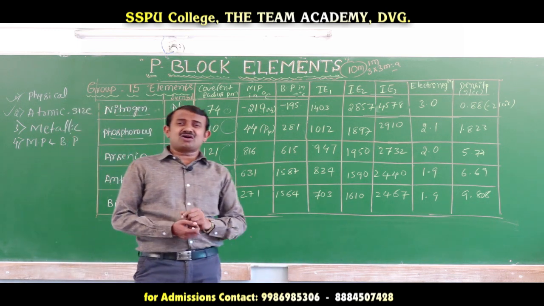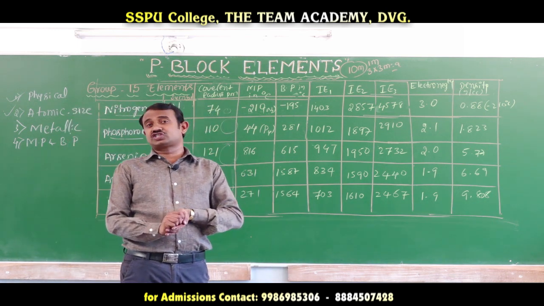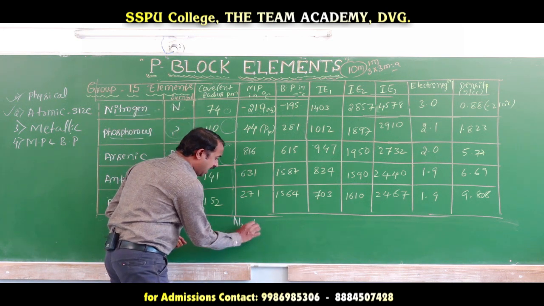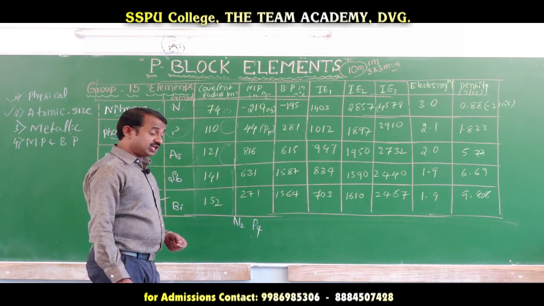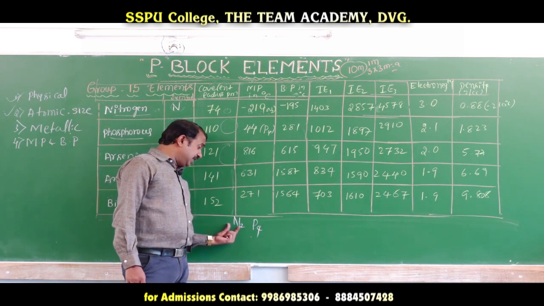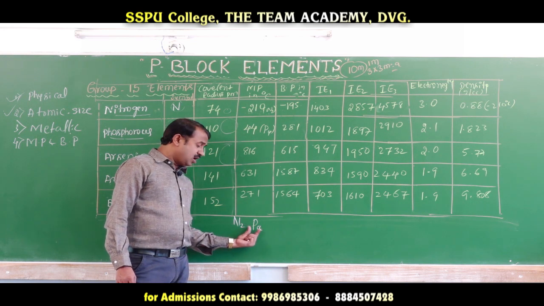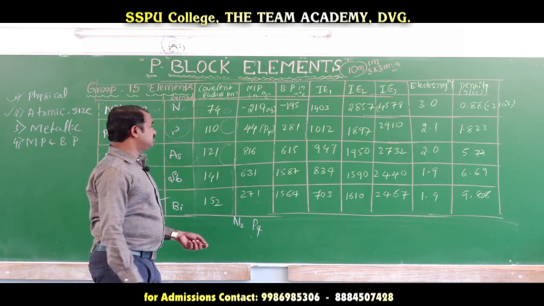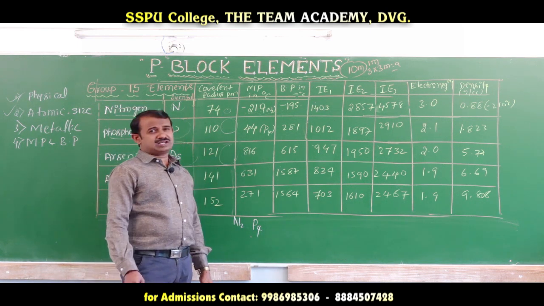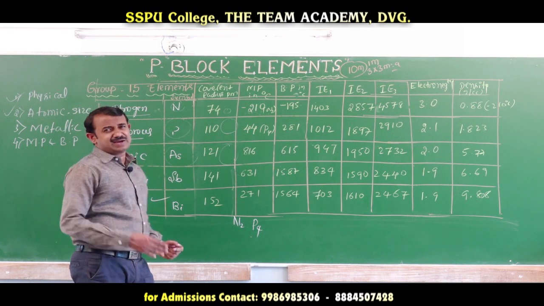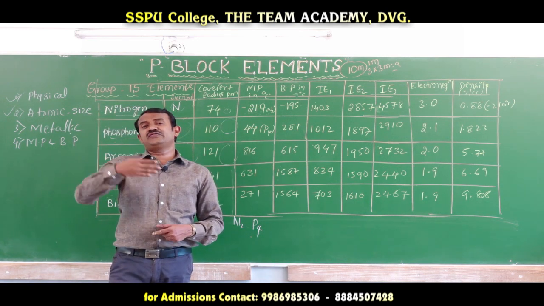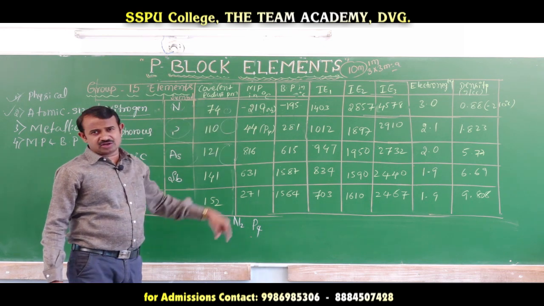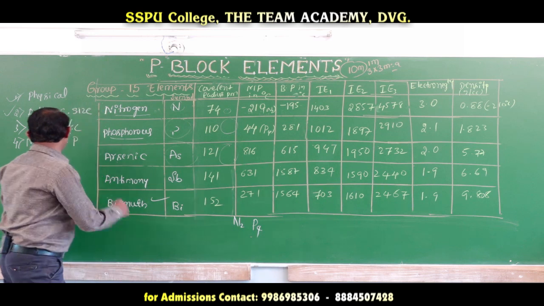This is due to these all having discrete molecules. Nitrogen N2 is a discrete molecule, and phosphorus is P4, like carbon catenation. In catenation behavior, nitrogen bonds with nitrogen and phosphorus bonds with phosphorus. That is why they have discrete molecules, and that is why the melting point and boiling point behave this way. These group 15 elements are p-block elements. The melting point and boiling point go downwards, increasing in order. That is the next factor.